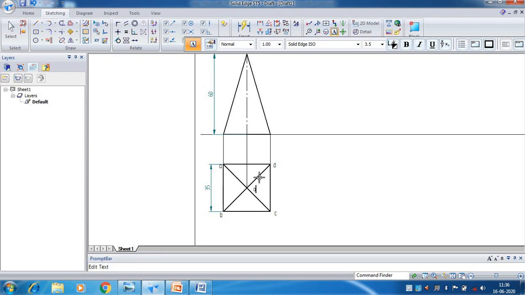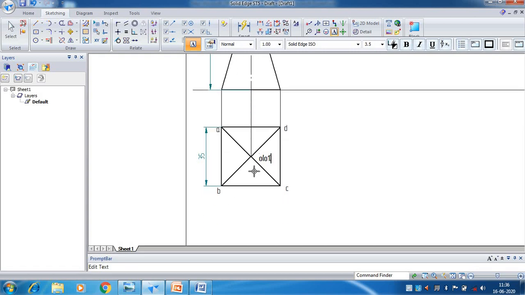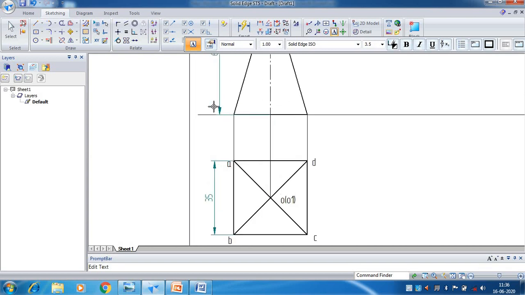Inside the bracket you need to write the O1. That is going to be your base center. When you look from the front, only B and C are visible, A and D are hidden. So while writing the naming, B should be outside the bracket. So it is B dash, and into bracket A dash.